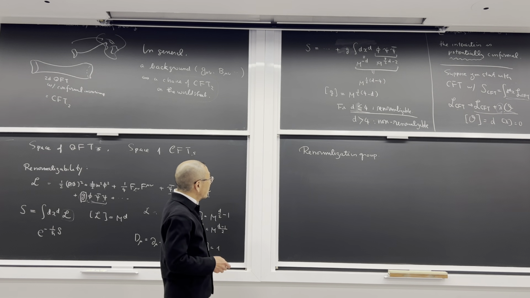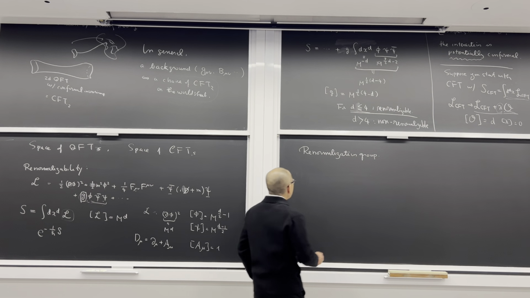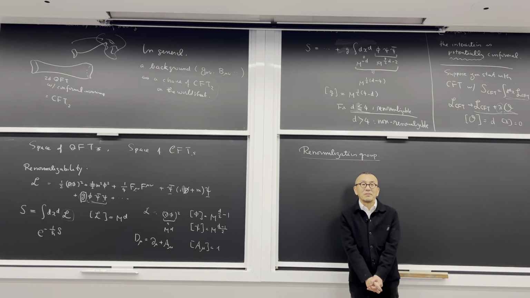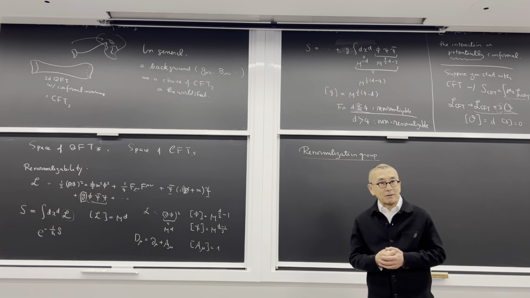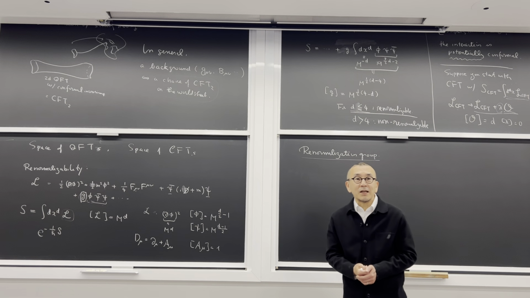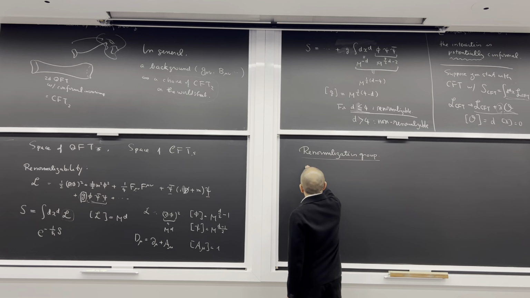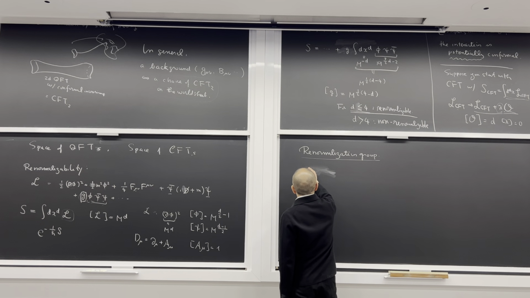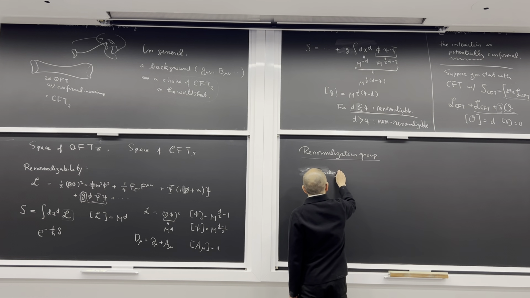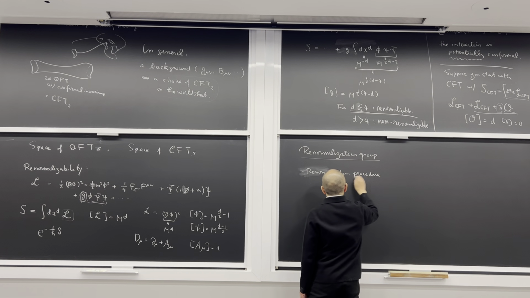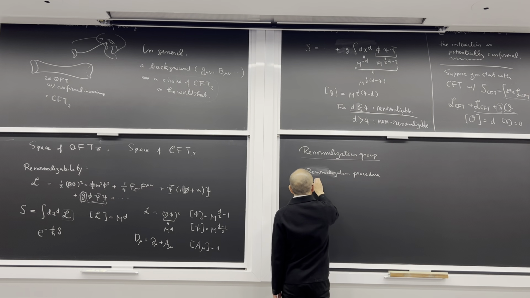So what is the renormalization group? The renormalization group is the following concept. I'm assuming that you have taken an introductory course on quantum field theory, so you must have learned renormalization. And in order to do renormalization, what you do is that first you introduce some ultraviolet cutoff. So let me write down the procedure of renormalization. So first step is to cut off